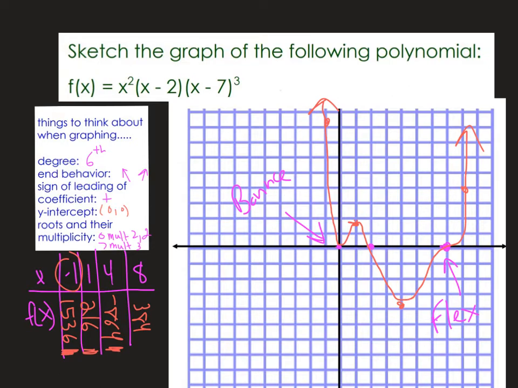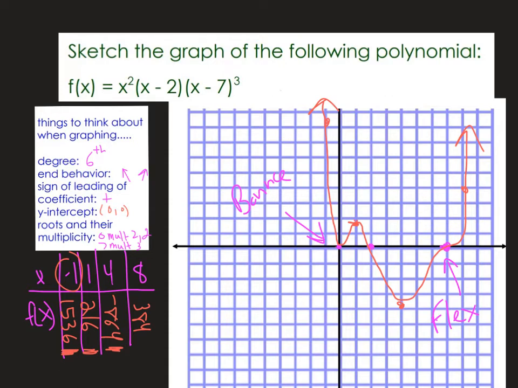Down to a low point here, which I just kind of ballparked by substituting in these values, right? I just did this for added bonus to make it a little bit more accurate. I know that at 7, I'm going to flex because that's an odd multiplicity greater than 1, which indicates a flex. And then I had thrown in a value for 8 at around 300 just to kind of draw it